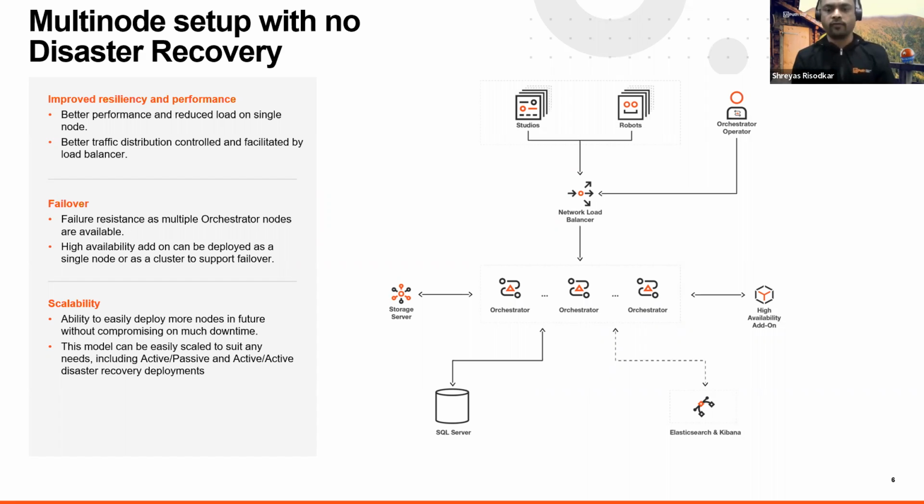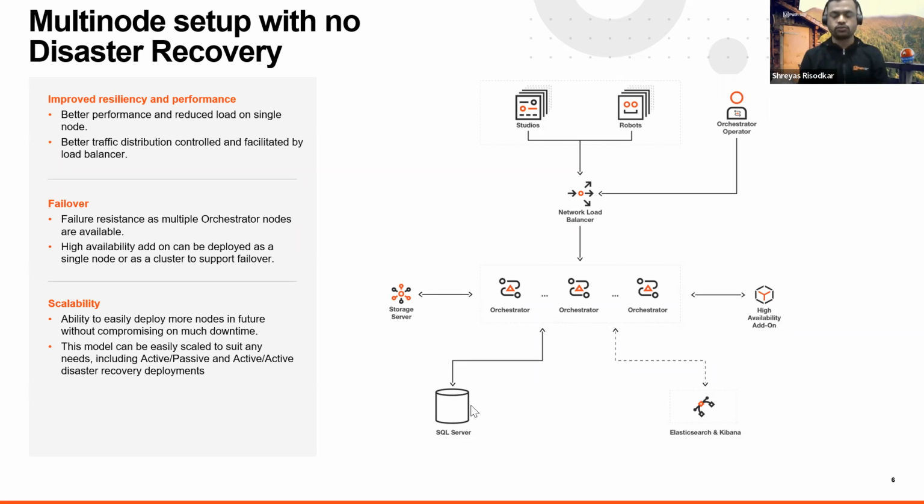So we'll be going with 2 Orchestrator web server nodes installation, and we will be using a centralized storage to store all our NuGet packages or any kind of storage data that Orchestrator is hosting. And why this is needed, we will discuss that also. Ultimately, we will be using